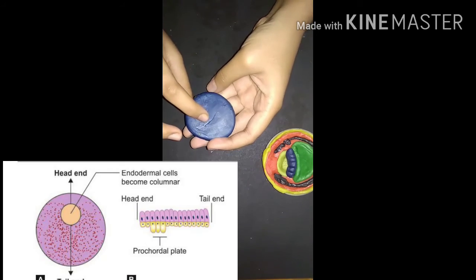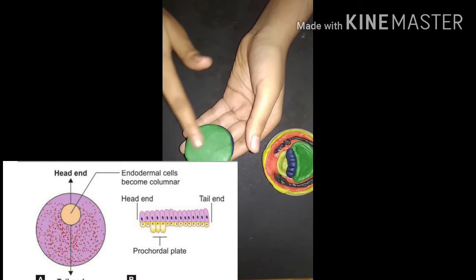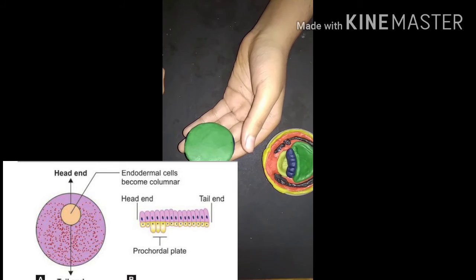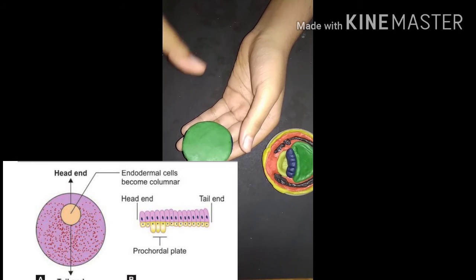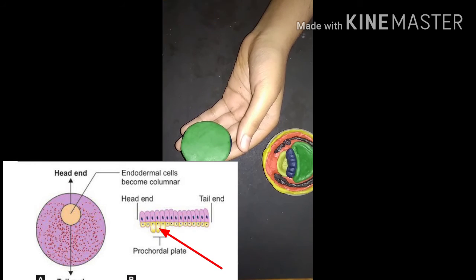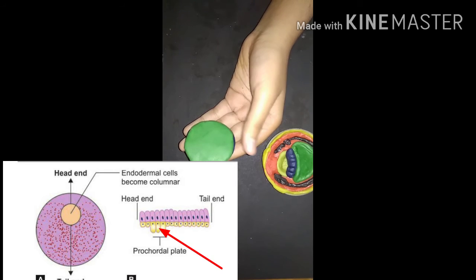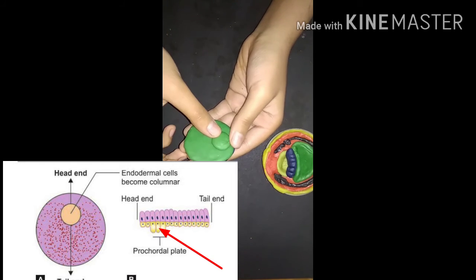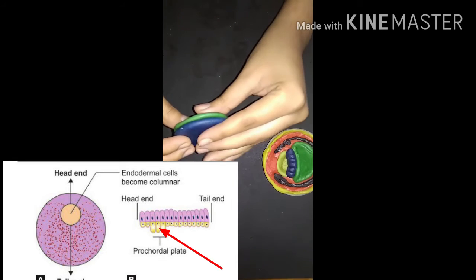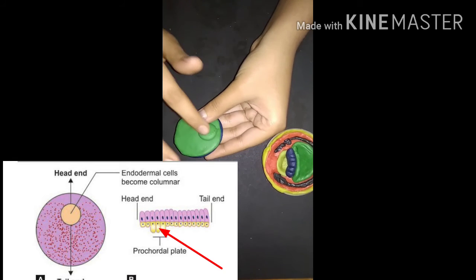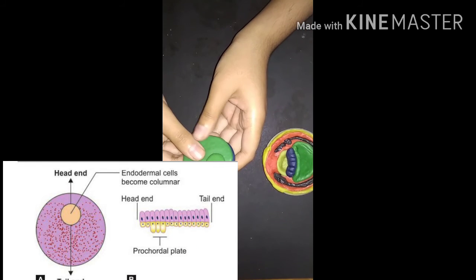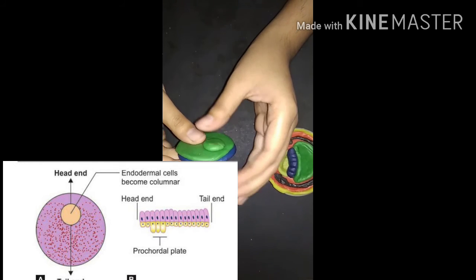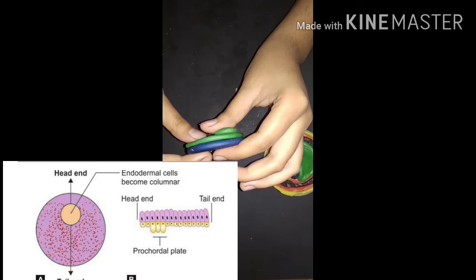So the next step is the formation of a precaudal plate. So what is precaudal plate? This is our endoderm. So we already know that all the endoderm cells are cuboidal. So now what happens is, at a particular region, let us suppose at this region or any region it can occur, that particular region the cells become columnar. So all this was already cuboidal, and a particular region becomes columnar. I am representing this with this bulge-like thing, while all the remaining cells are cuboidal. This particular region is just a columnar one. So here it is nothing but the precaudal plate. As the precaudal plate occurs, we can differentiate between the head end and the tail end of the embryo. This is the head end of the embryo, and opposite is the tail end of the embryo.